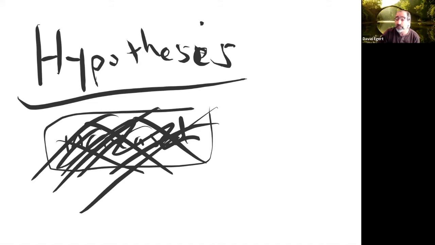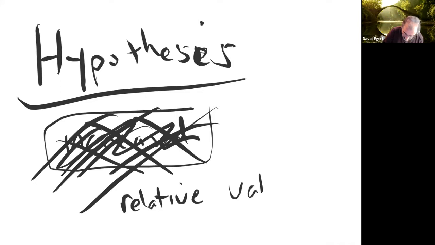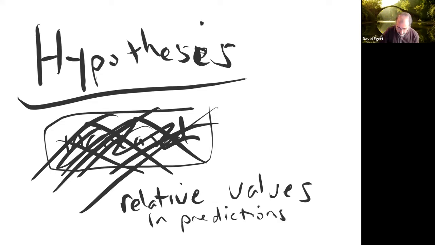We can say, I think this group is going to have the largest volume of urine, or this group and that group will both have very large amounts, or this group will have the least volume, and this group will be somewhere in between. So you want to be relative in your predictions. Like, how is group 3 going to be different? Group 3, where they barely drank any water, is probably going to have the smallest volume output, because